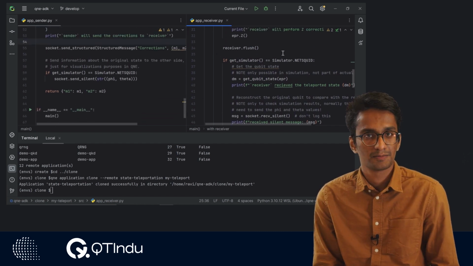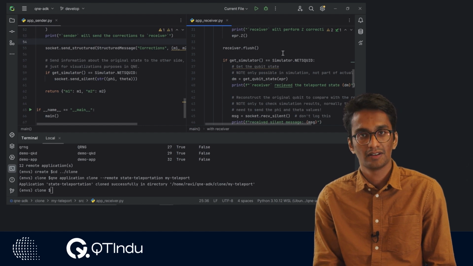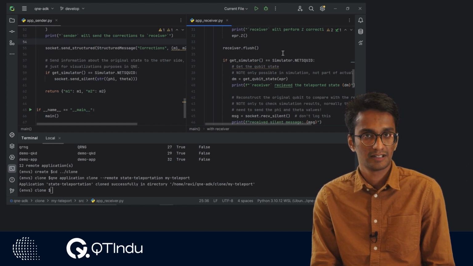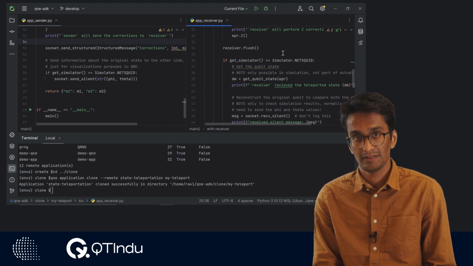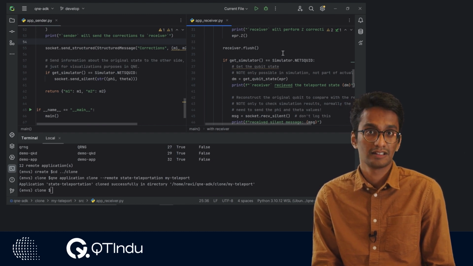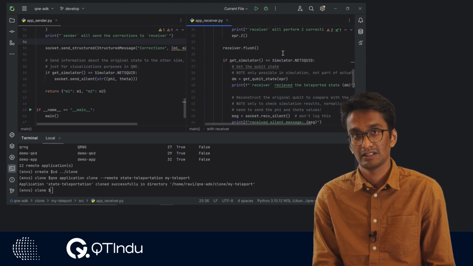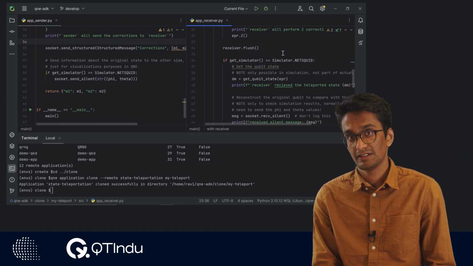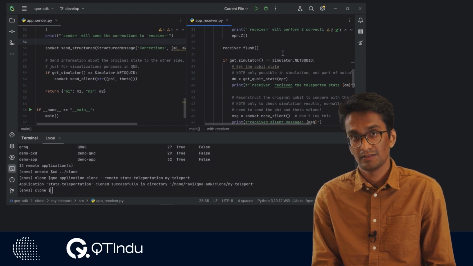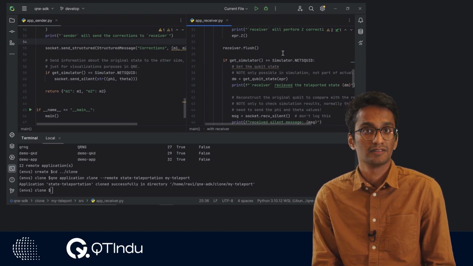Now, before I run this program, it is worth mentioning that because we are doing it in a simulator, especially the NetSquid simulator, we get a lot of functionalities that are probably not available in hardware. This includes looking at the density matrix of the qubit that we are interested in, and also calculating fidelity through the density matrix. Keep in mind, this is only available while you're in a simulation environment, and actually calculating fidelity would require operations like full state tomography.